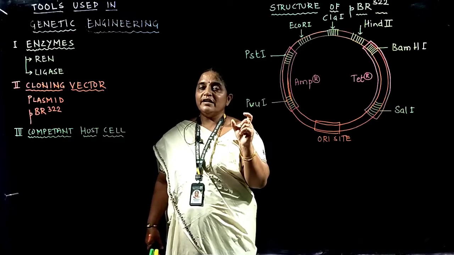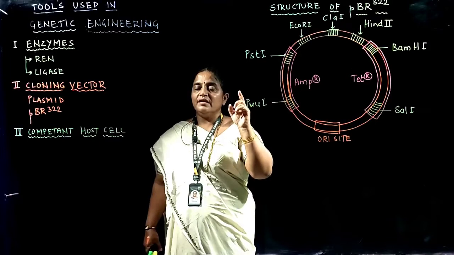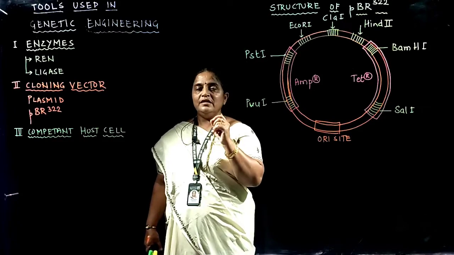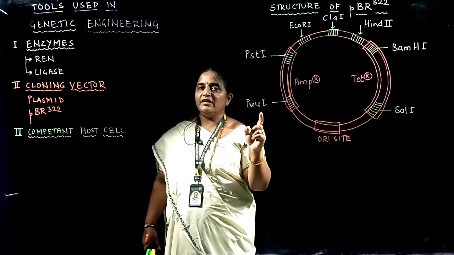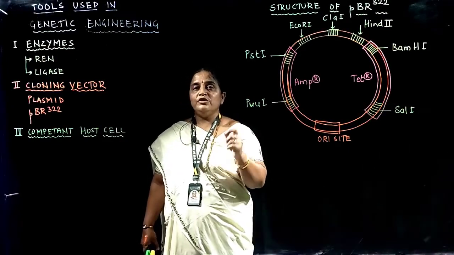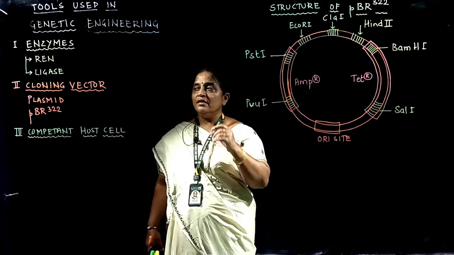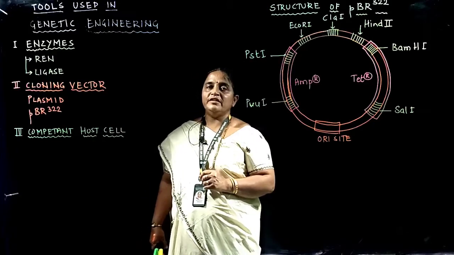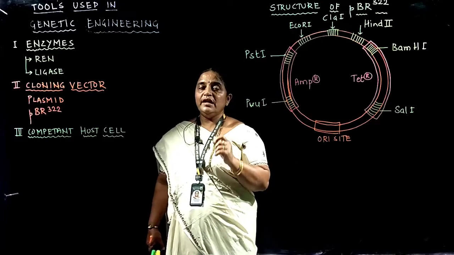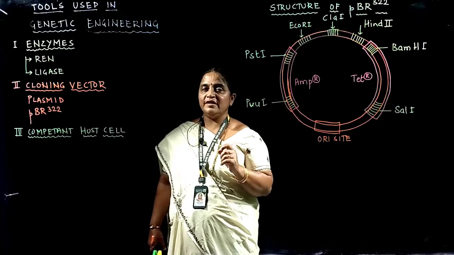It will use that recognizing area and at a specific point it will cleave the DNA, so that we can use this REN either to make a cleave in the vector to insert the gene of interest, or to cleave the DNA so that we can isolate the gene of interest. REN was first invented by a person known as Hamilton Smith. He isolated REN from a microbe, Haemophilus influenzae.